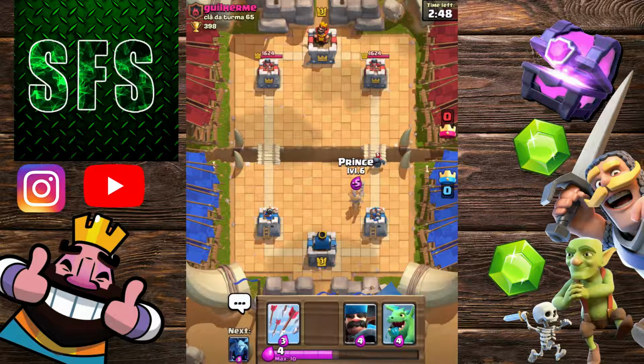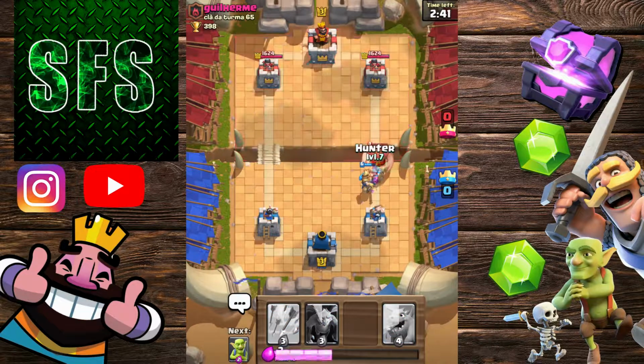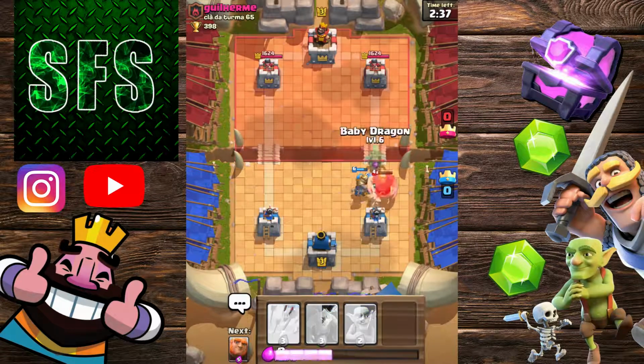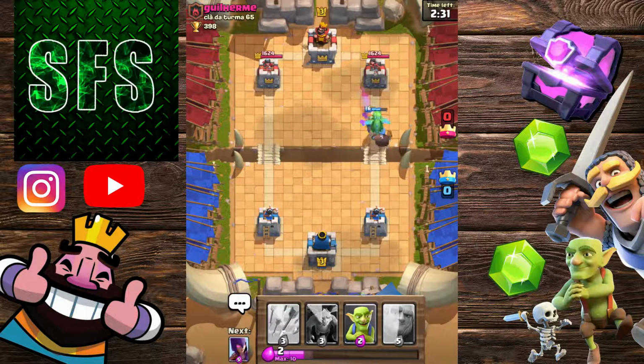So we're going to do a Prince, actually, to counter this mini P.E.K.K.A. I didn't really have anything else in cycle to work with, so that's what we're going to have to do. So we're going to get a Hunter and the Prince here to counter this Giant, which will absolutely melt him. We'll get a Baby Dragon up here for support, take out that Musketeer. The Prince will actually take it out with ease, and then he will charge up and get on that tower,